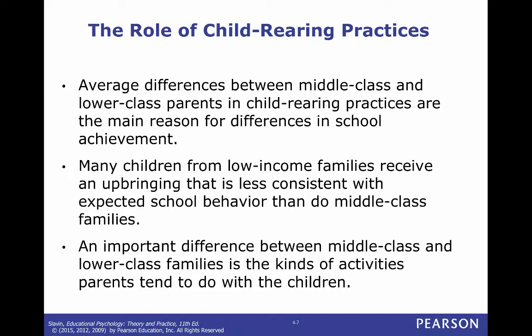An important difference between middle-class and lower-class families is the kind of activities that parents do with them. A middle-class family is more likely to take their children on vacations. They are more likely to take their children to museums, more educationally based. If they go to a summer camp, it'll be maybe a science summer camp or a math summer camp, or it could be space camp or something like that. Lower-income families tend to go to the YMCA or some kind of local club, and the activities are less structured and less academically focused.